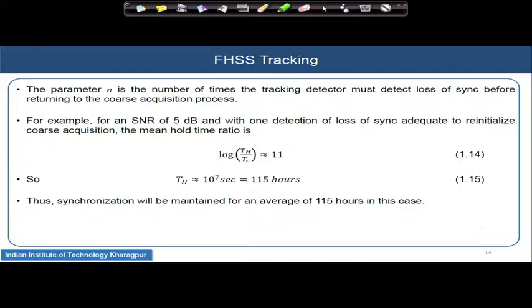We have not considered the other front end receiver impairments that come into the picture, and any change in the velocity of the transmitter as well as the receiver, and hence the change of the Doppler frequency. If everything is perfect, then this is the expression that gives us, at an SNR of 5 dB with only noise acting on it, 115 hours of holding time of the synchronized situation, but this is a highly idealistic situation. In practice we never get this much amount of time for